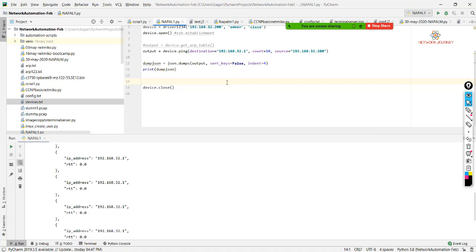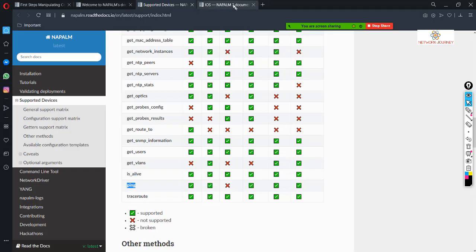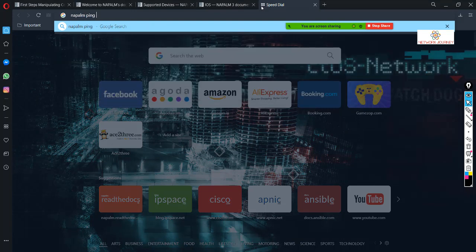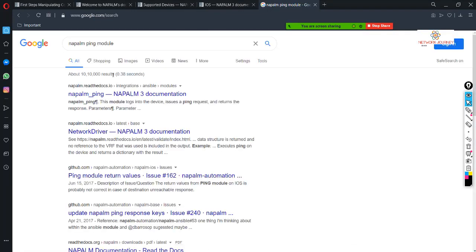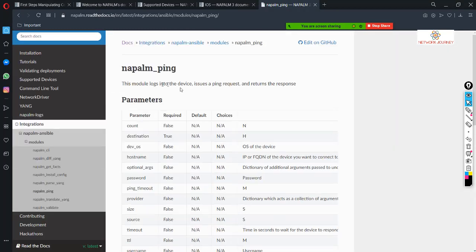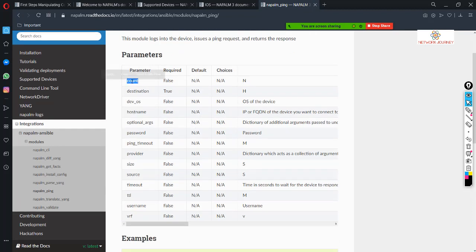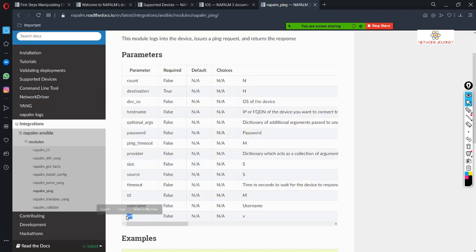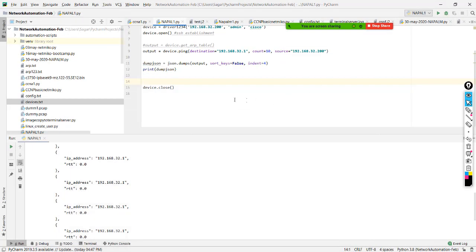And yes, you can again have a lot of arguments defined. If I type napalm ping modules, I'm going to show what all arguments this ping is going to support. Okay, so you can have count, destination, OS of the device, host name. You have n number of things. You also have VRF, virtual routing, in case you have multiple routing tables based on customers. You can still make use of NAPALM to initiate the pings. Okay,